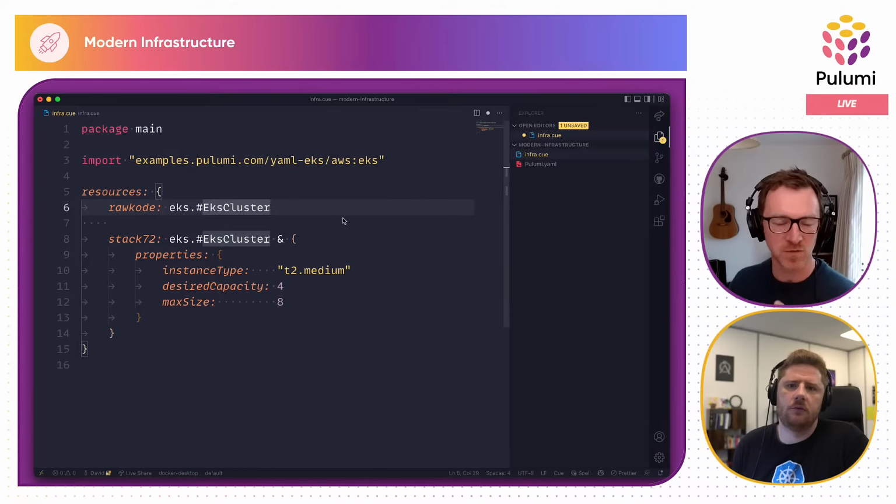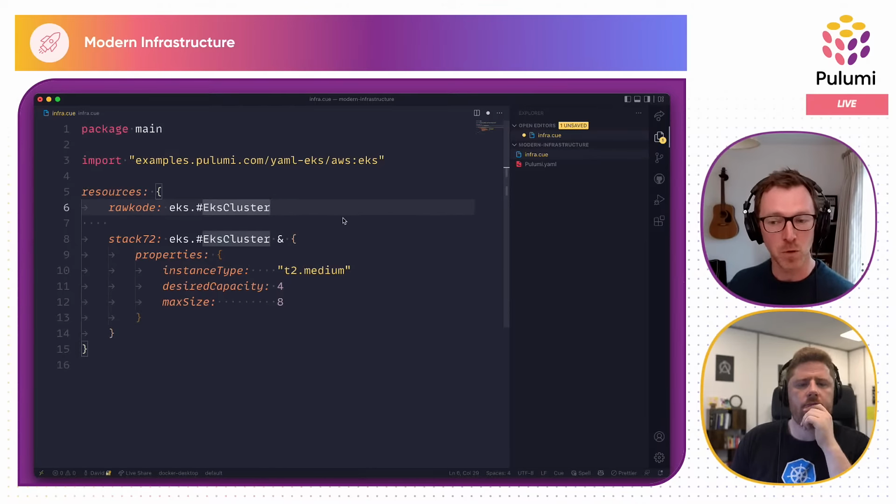But the use of definitions in this way is very much like a validator type approach, where you're saying, well, it's going to help you prevent any typos. It's going to help ensure that the types of certain fields are correct. So, for example, max size, if that were specified as a string, assuming you've specified your definition as such, it would catch that and flag that to you early, as opposed to if this were not validated in any sort of way by a schema, you'd make that mistake, and only when you subsequently came to actually try and apply that configuration would you find out about it.